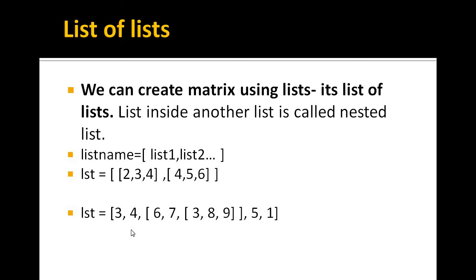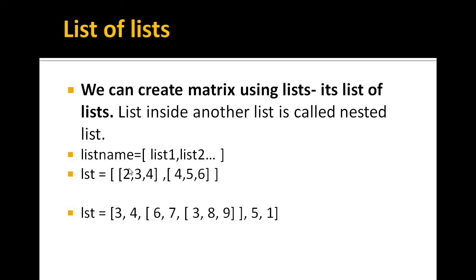The last point of this video is list of list. We have learned a list is a sequence of values. Those values can be of any type. They may be lists. So you can create a matrix or nested list that contains another list, a list of lists. For that purpose you just need to write list 1, comma, list 2, comma, any number of lists inside the square bracket, or you can pass any type of value in this bracket.